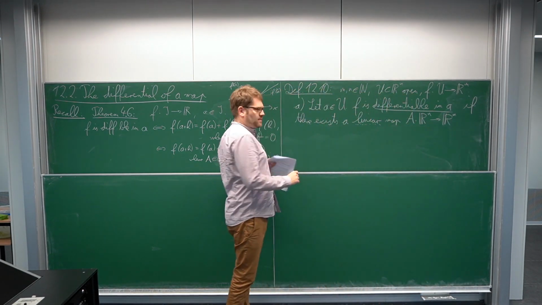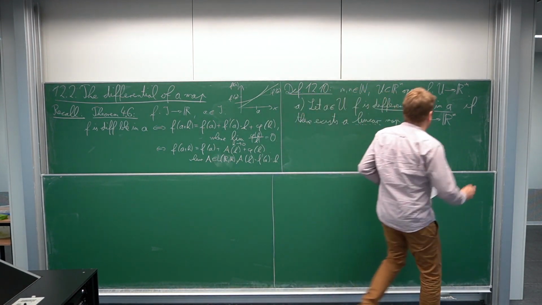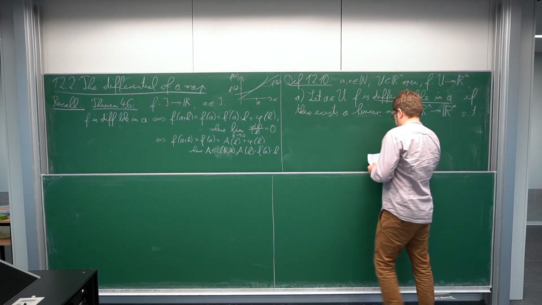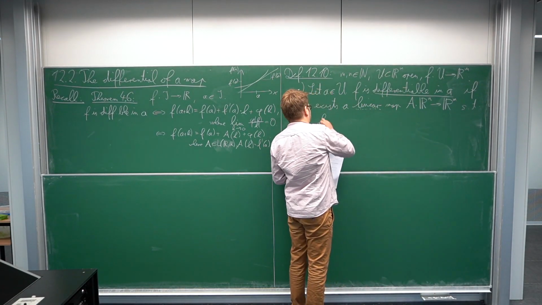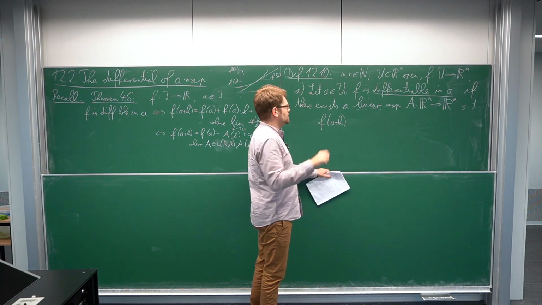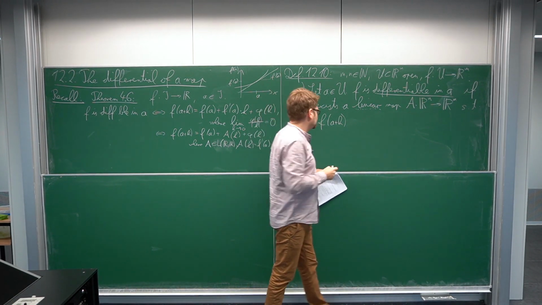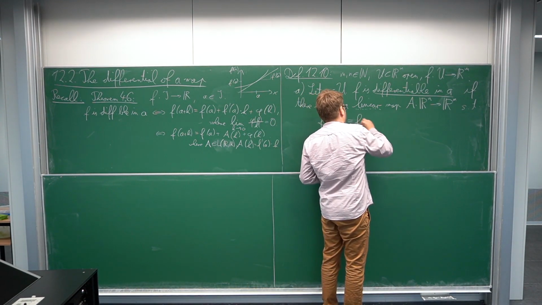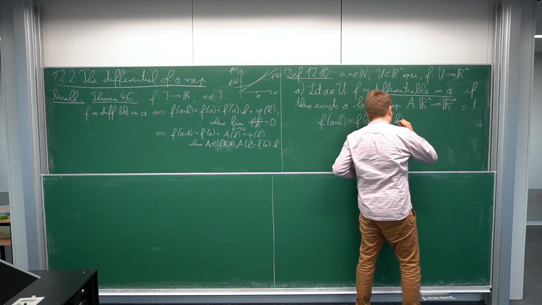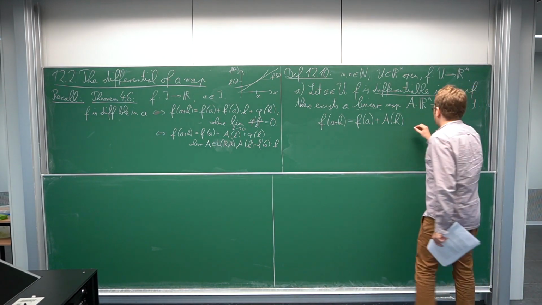So a linear map from R^n to R^m, such that the following holds: f of a plus h is f of a plus A of h, so the linear map applied to h, plus